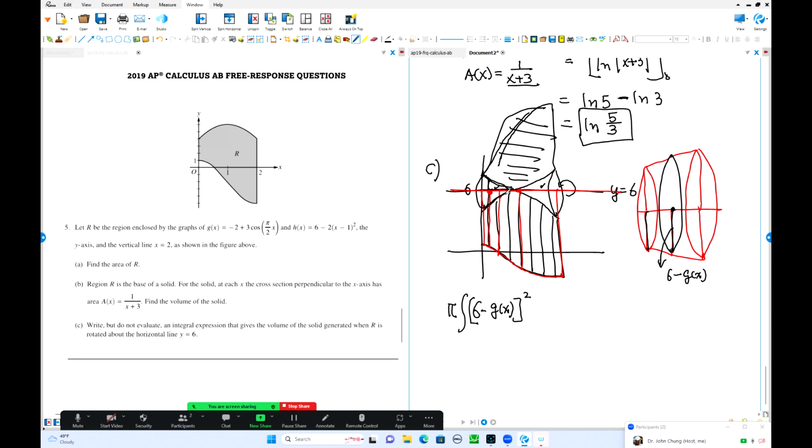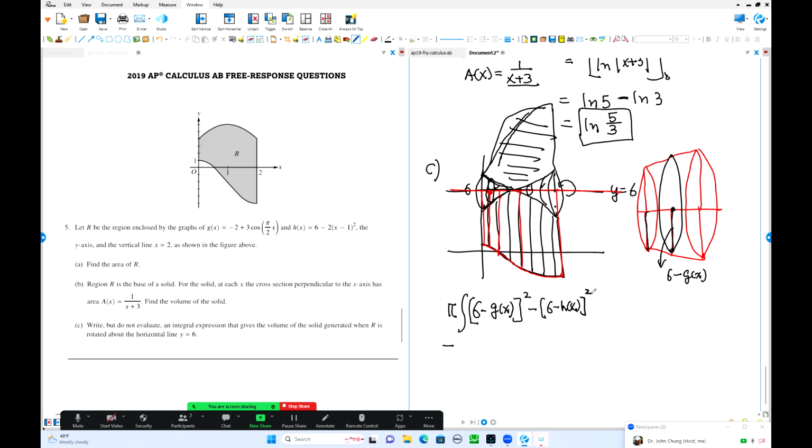How can you find this side? This side is what? It looks this way. This is the top graph, isn't it? You take this area. This is the radius of the circle. So 6 minus the top over here, inside of the parentheses. The empty space is 6 minus h of x